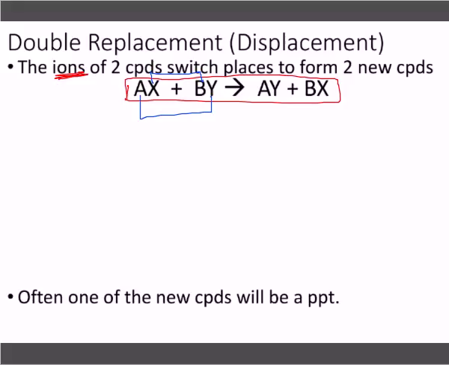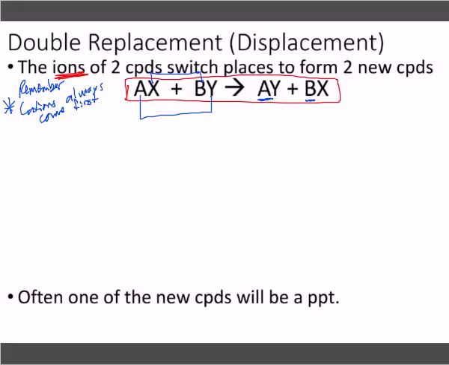Notice, though, what letters are first over here on the right? A and B. Where were they in the first two compounds? They were first as well. Why is that? Cations always come first. Jot this down in your notes. Remember, cations always come first. Don't forget that when we start predicting products, which we're going to start doing a